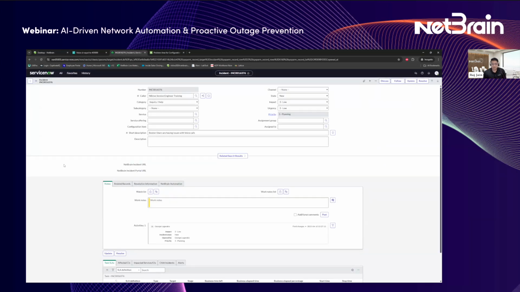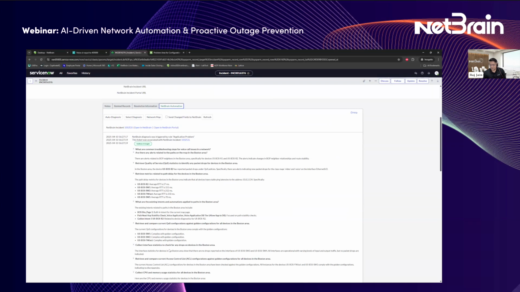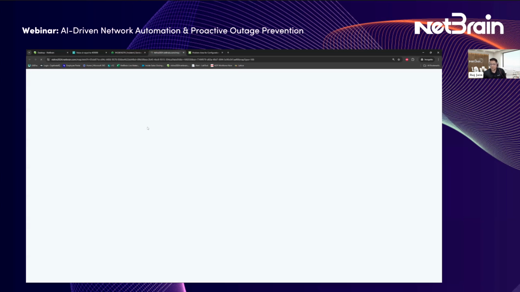So now you can use these prompts anywhere in any other tools as well. Just for an example, I'm taking my incident management system. My user comes in and creates something really vague, says that, hey, we are having problems with voice. And now NetBrain is able to go identify that prompt. And not just that, but then it's able to go repeat and run the same steps that it was doing for me right there. And when I open this incident up in NetBrain,